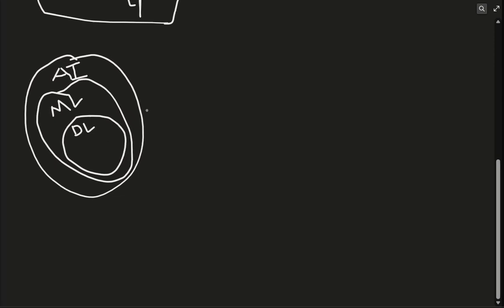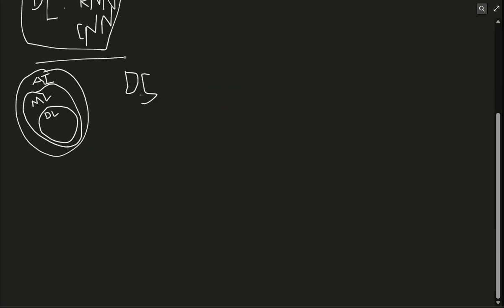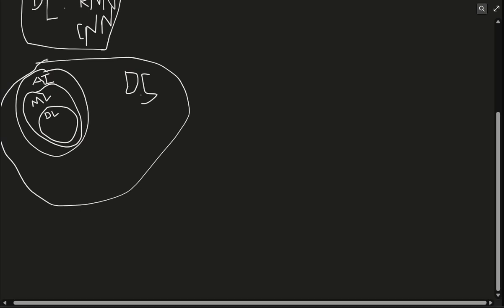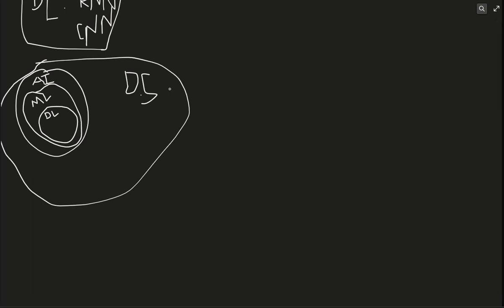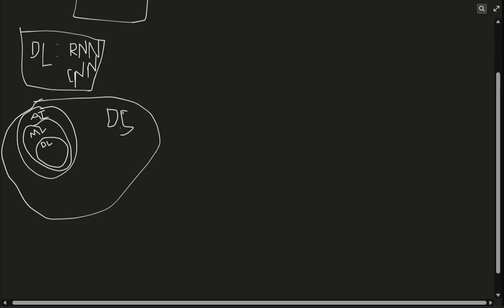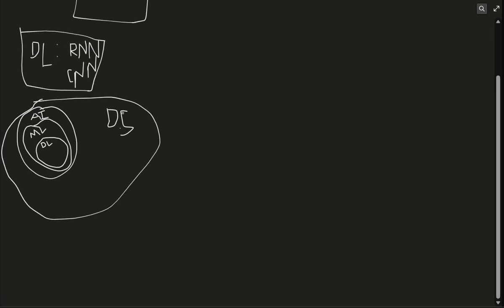There is also a term called data science, which some people confuse with AI. Actually, data science is broader than AI. AI comes under data science. Data science is more about statistics and applying mathematical and statistical methods to data. That is a broader field, and within it we have AI, ML, and DL. So we have seen the difference between AI, ML and DL, and how they are related.